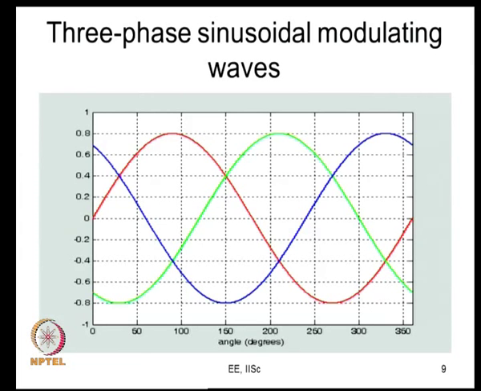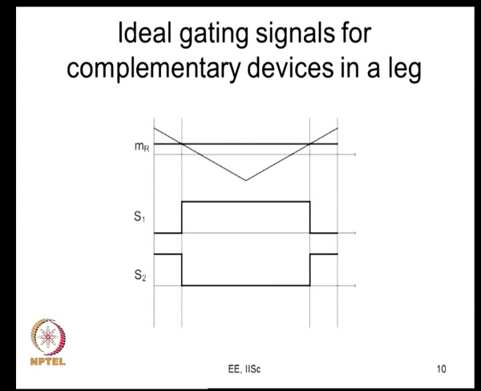So, let us look at one particular carrier cycle. It is not the entire line cycle, now it is one particular carrier cycle. We are looking at only one of them, let us say MR. This is in the positive half cycle of MR, the R phase voltage. So, MR is something like this. We are considering one carrier cycle.